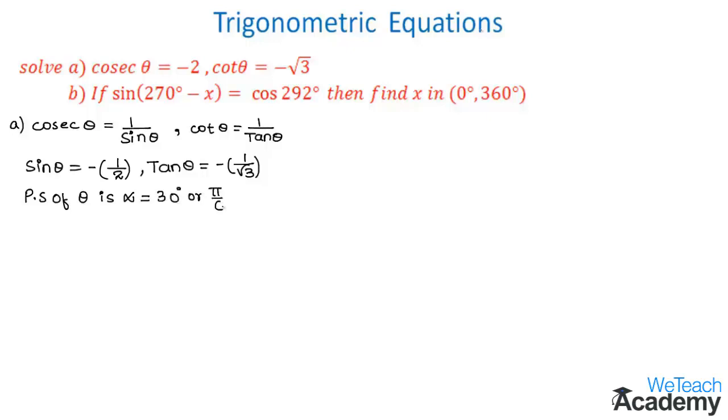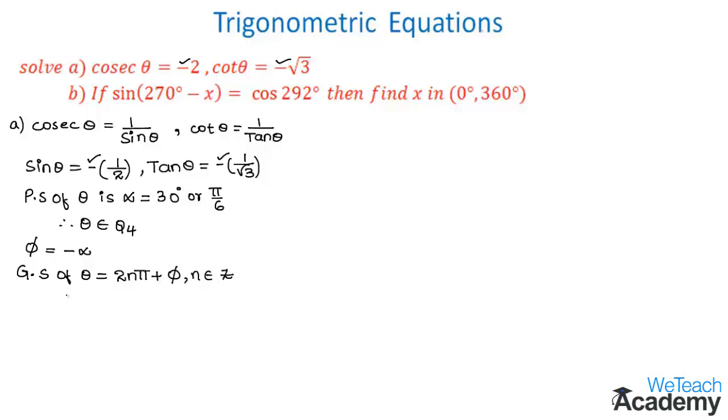And now let us observe the signs of trigonometric ratios, where we have sine theta in negative, and then tan theta is also negative, and then cosecant theta and cot theta are also negative. So we can conclude that theta belongs to quadrant 4. The phi will be equal to minus alpha. And the general solution of such equations is given by the formula theta is equal to 2n pi plus phi, where n belongs to integers.